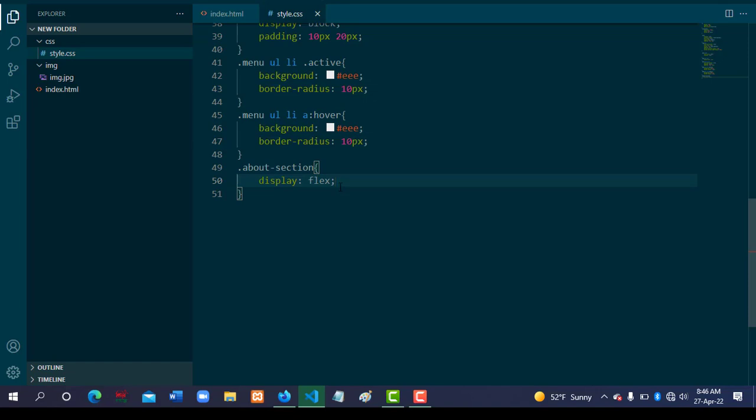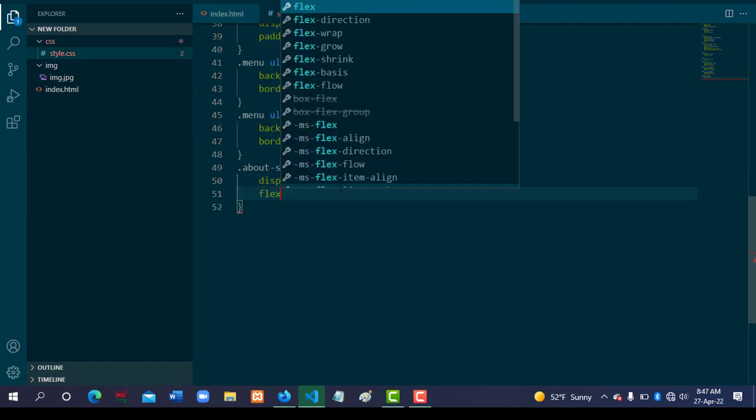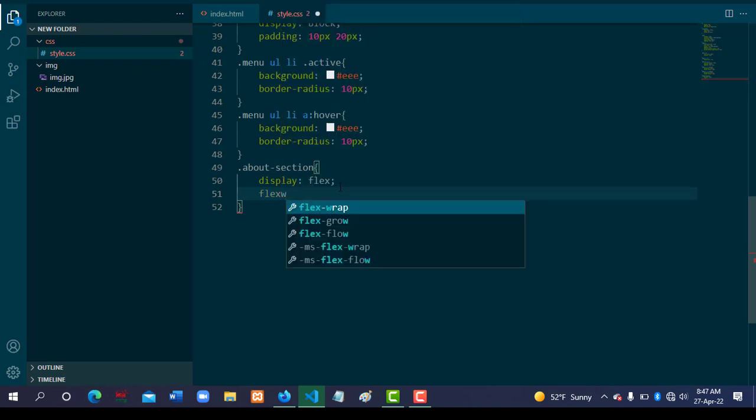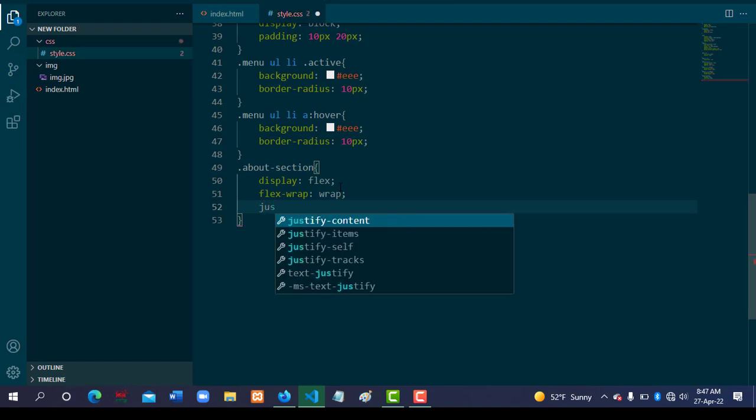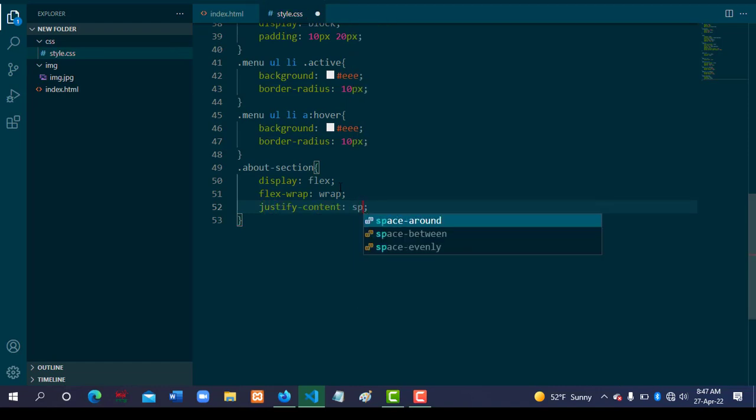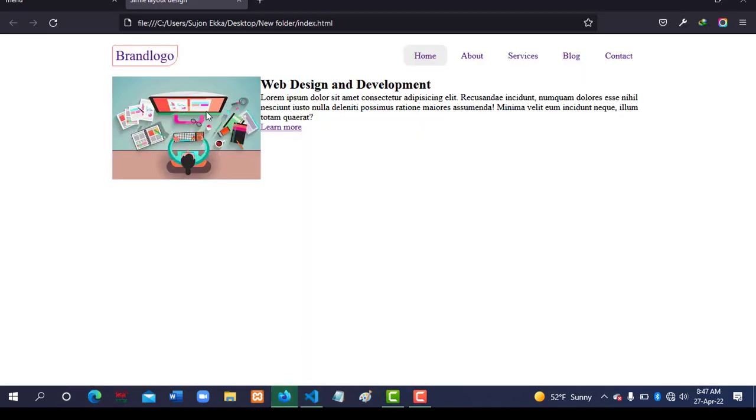And to wrap this, flex-wrap, and justify-content space-between. With justify-content space-between, the image and paragraph content are given margin from the center, so the image will be on the left and this content will be on the right side. Okay, if we refresh this,